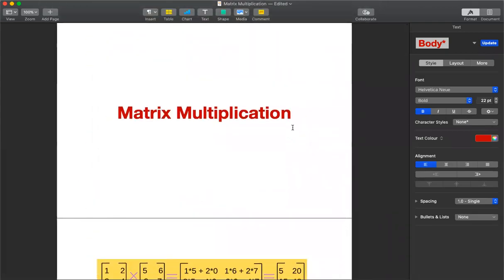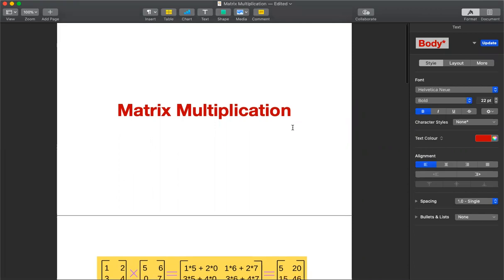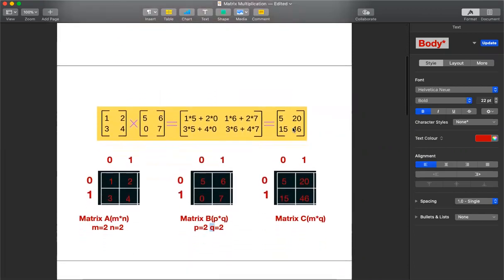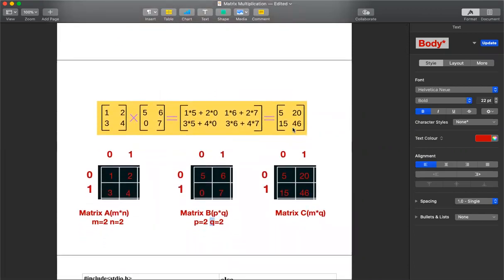Good morning everyone. Today we are going to see another application of two-dimensional arrays, that is matrix multiplication. You know that a matrix is a set of elements stored in the form of rows and columns. For this approach, we will be using a two-dimensional array because we are doing matrix multiplication. I hope everyone can recall their school days, how they used